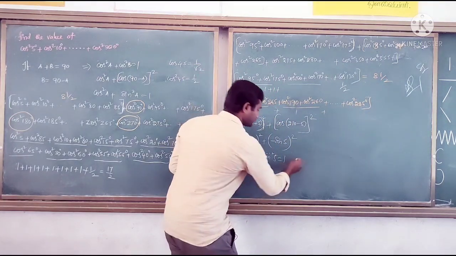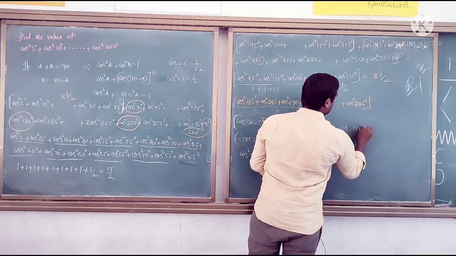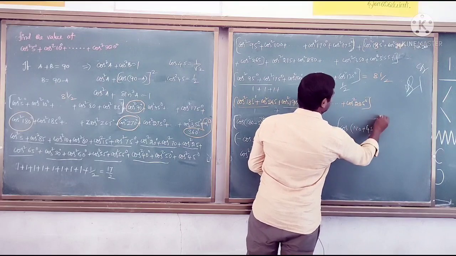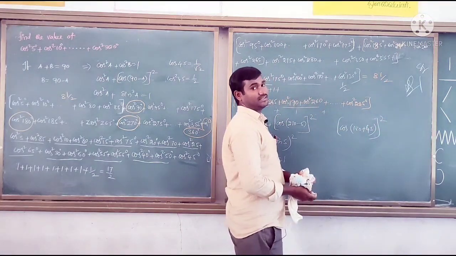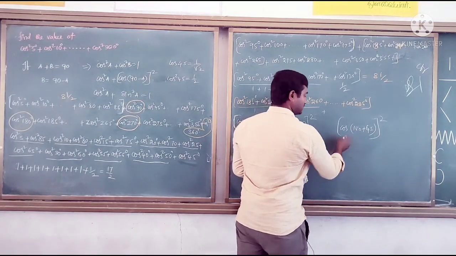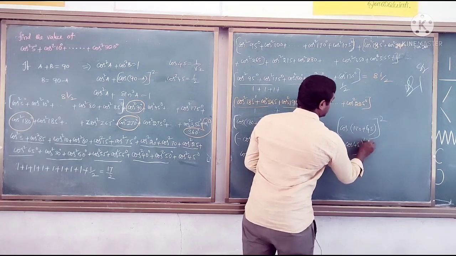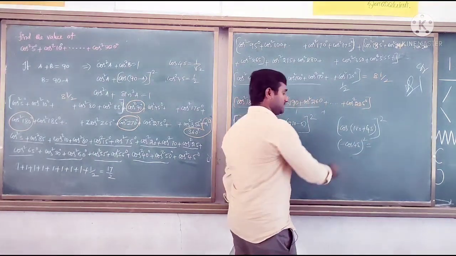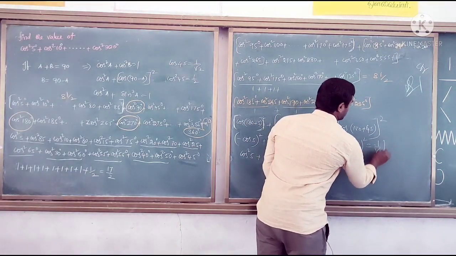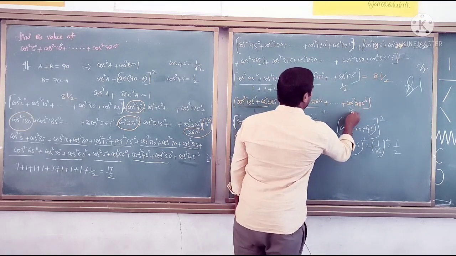And if you simplify this cos square 225, that is cos square of (180 + 45) whole square. So cos(180 + 45), third quadrant, 2 into 90, so it is an even multiple. So cos becomes cos only, minus cos 45 whole square. Cos 45 is 1 by root 2. So minus 1 by root 2 whole square is equal to 1 by 2. So this value is 1 by 2.